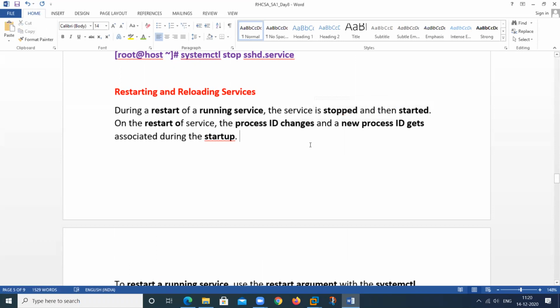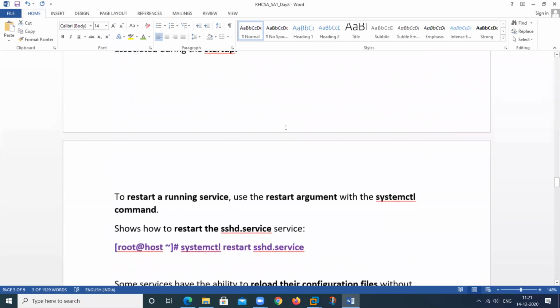But in a real-time environment, this cannot be allowed, because if we stop any service, there is downtime in your network. Downtime means it stops for a millisecond, then starts. That is not a good thing for your network, because it causes downtime for that particular service.